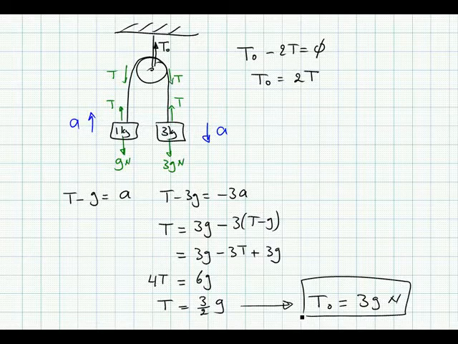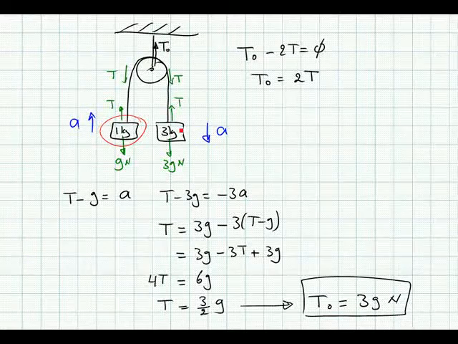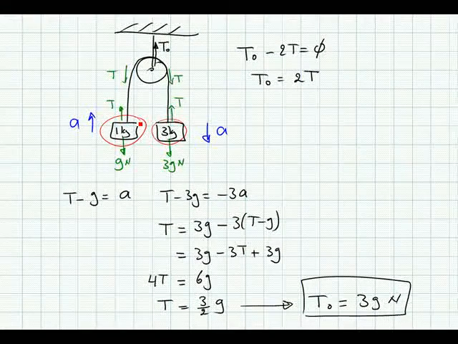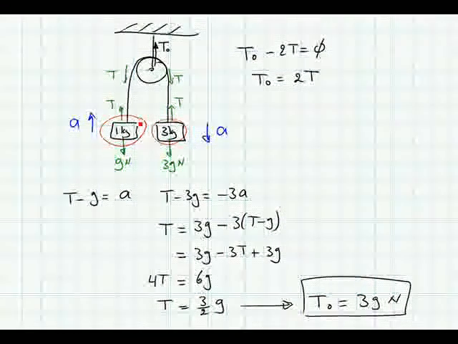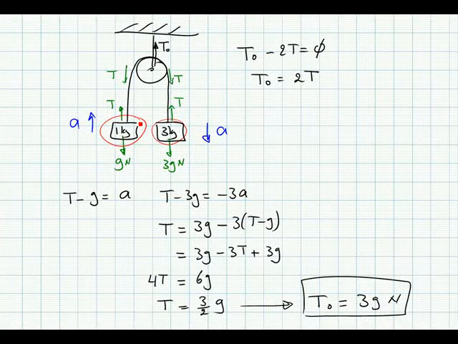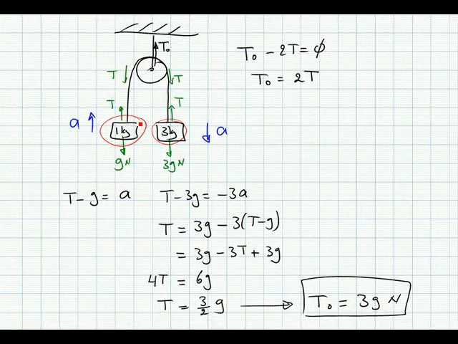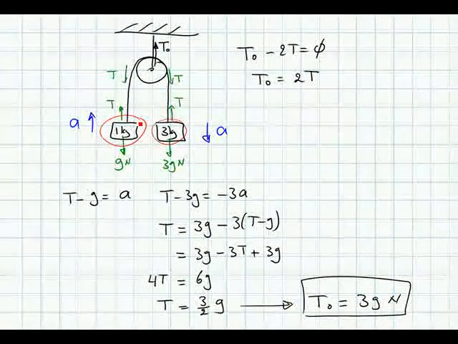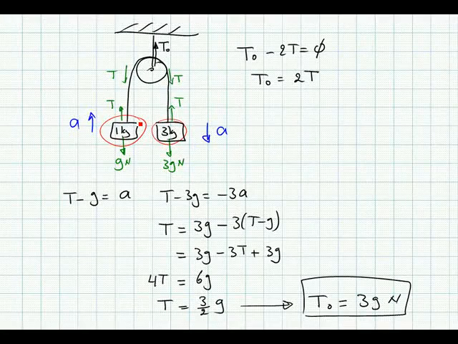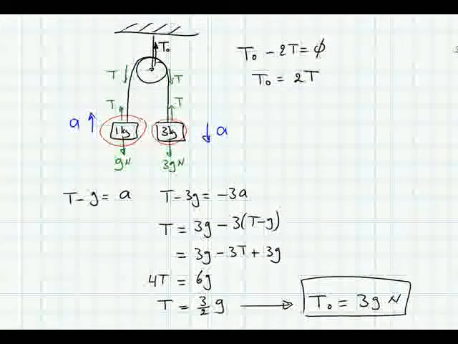So notice that T naught, at first look, one would have guessed that, well, the weight of this mass is G newtons and the weight of this mass is 3G newtons, so T naught is supporting a total of 4G newtons. Without going through this analysis, one might have guessed T naught is equal to 4G newtons, but in fact, because the two masses are accelerating, T naught is less than the entire weight. Now you can extend this analysis